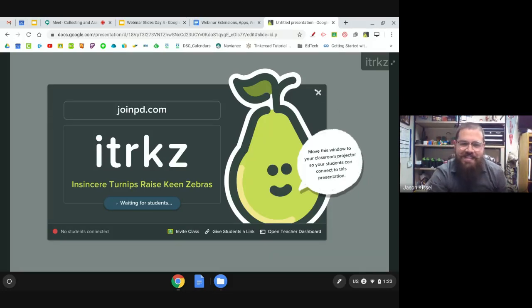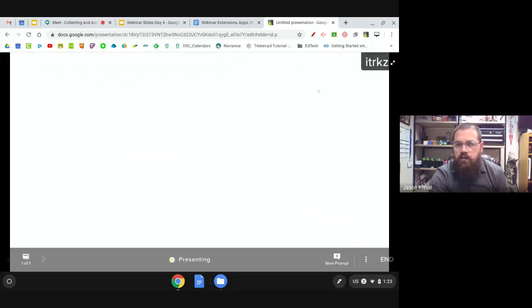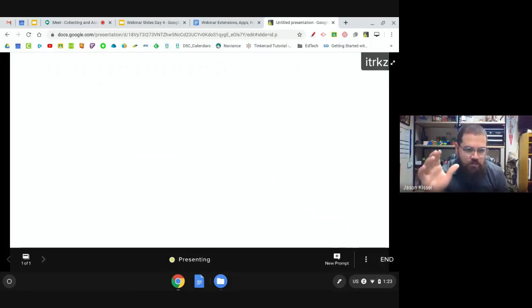And I'm going to X out of that, right? If I need to get those directions back just real quick in Pear Deck, I can click right there. It's really hard for me not to want to explain everything in Pear Deck, but I need to stick to my script. Okay, so what I want to show you is if you click on the 3 dots